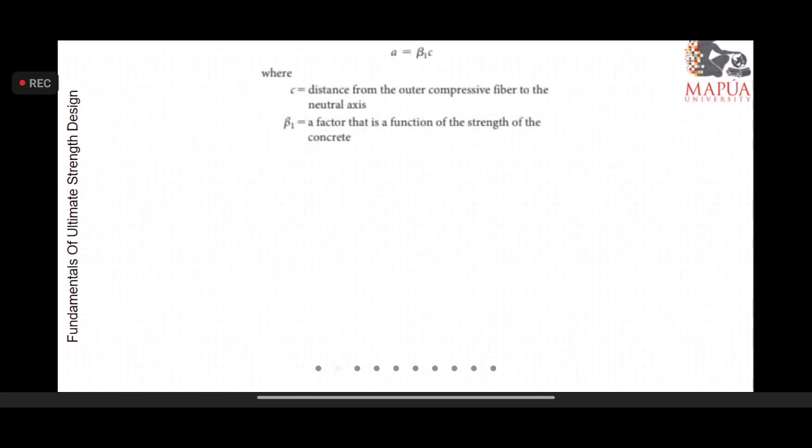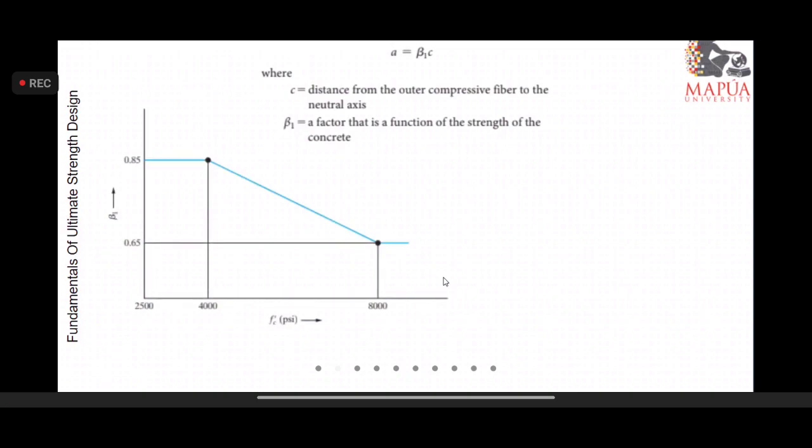This A, defined as the product of beta 1 and C, is actually the height or the altitude of the equivalent rectangular compressive stress block. In this C, as I have uttered, this is the distance from the outer compressive fiber to the neutral axis, while beta sub 1 is a factor that is a function of the strength of the concrete. This beta sub 1 plays an important role in dealing with whether analysis or design, which is a factor taken from